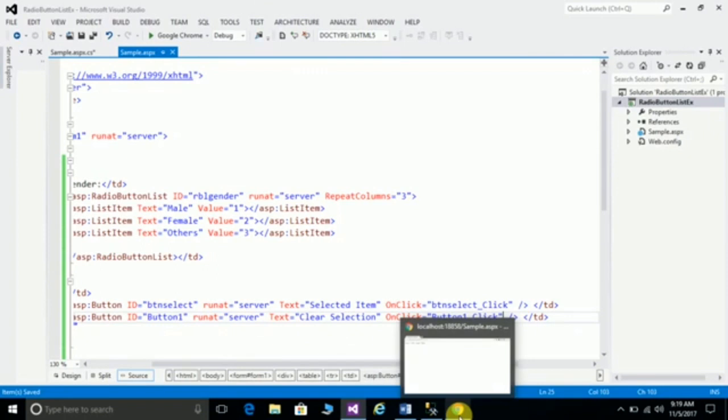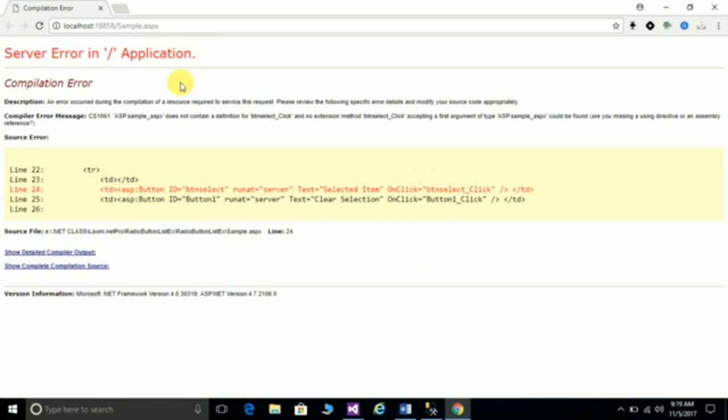So now we will again refresh the page and see the output whether the two buttons have been added or not. There is some error. We have written everything perfectly, still we are getting some error. Just give me some time.